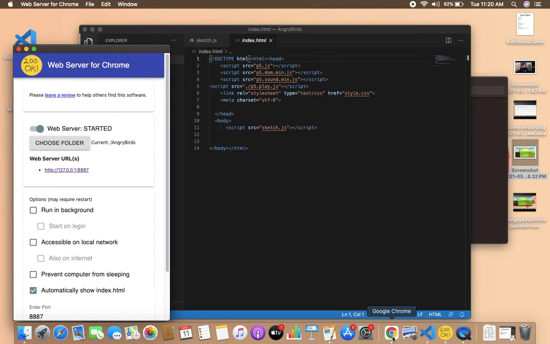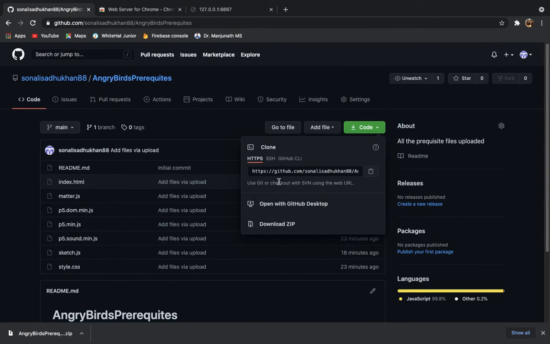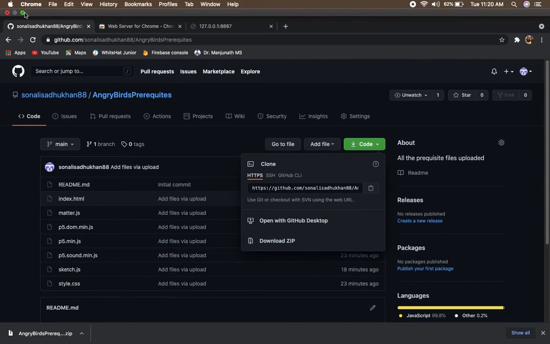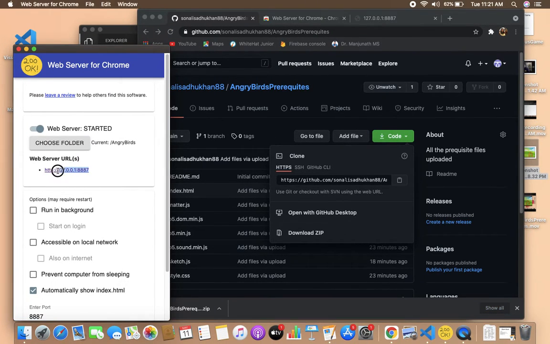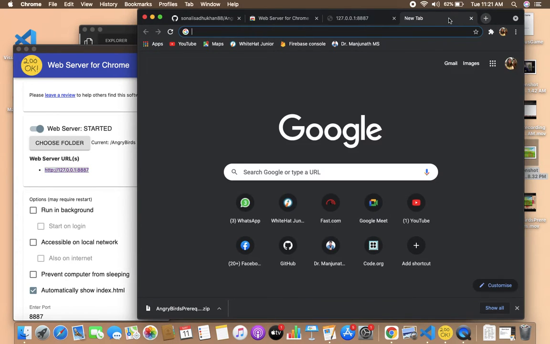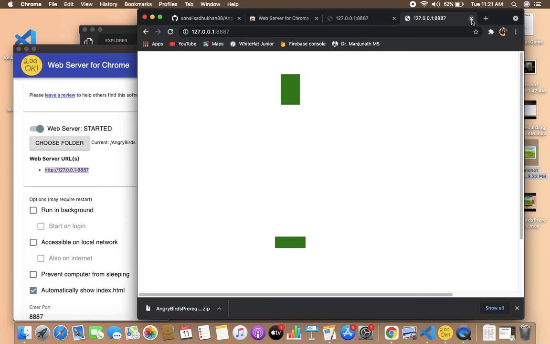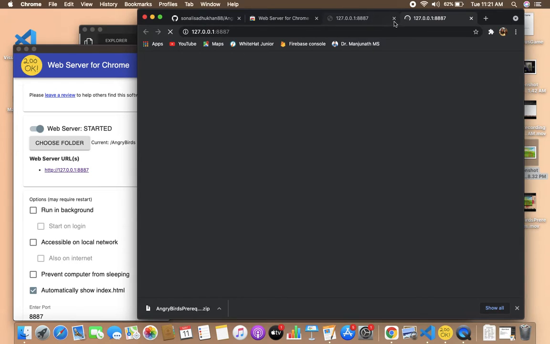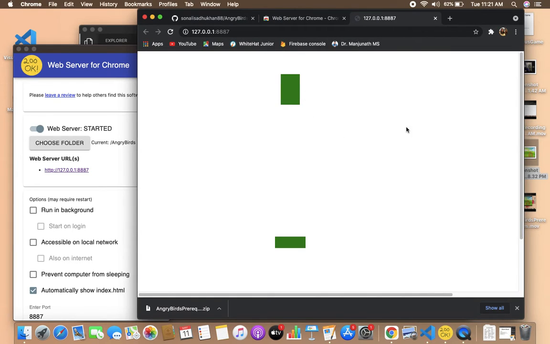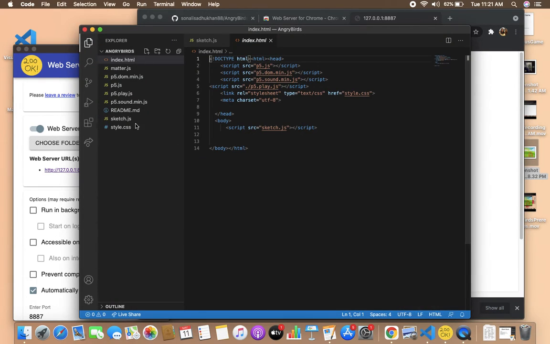Since it's a web browser and I am using Google Chrome with the 200 OK server, I'm going to Google Chrome. How do we do it? You can either select this link and paste it to a tab, and that also will show you the output of the code, or you can directly click on the link, and if you see, the output is appearing. Now if I do some change here,